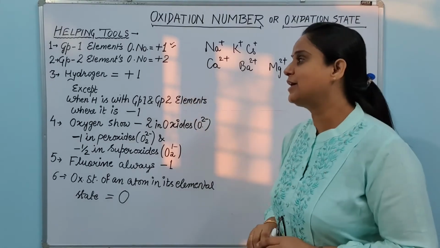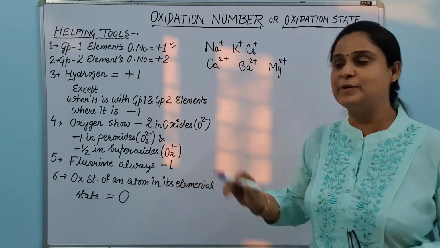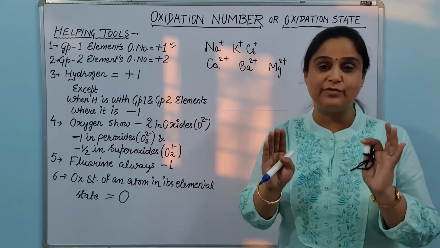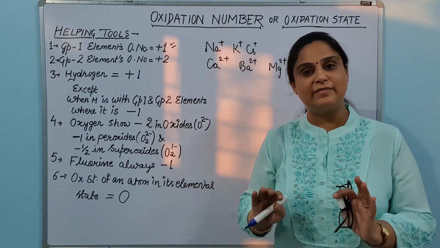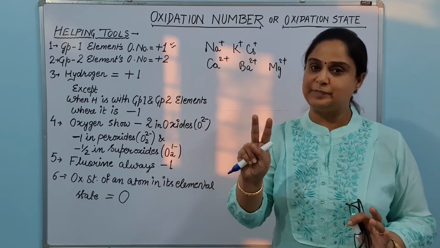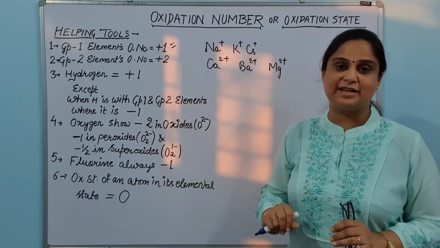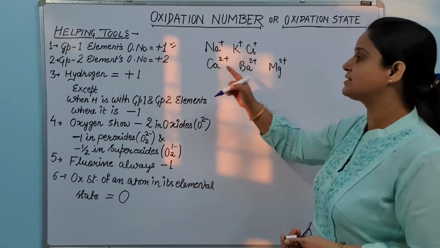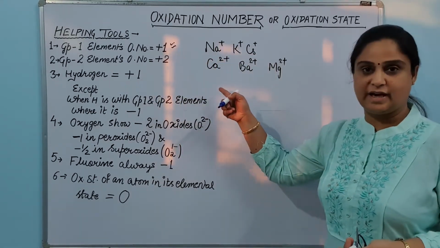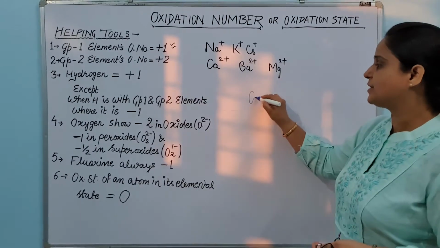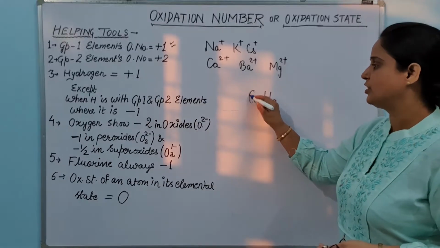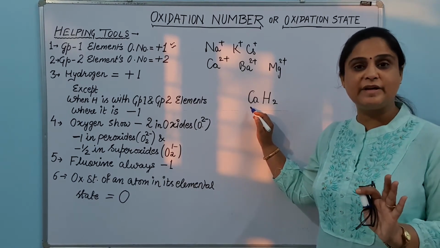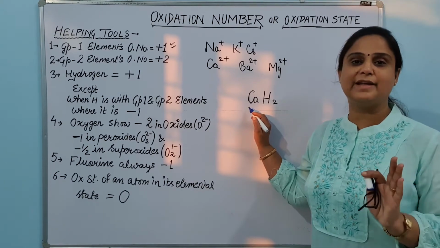Okay, next move to the hydrogen. I have already explained this, but I can explain once more. There are two conditions for hydrogen, so watch carefully, whatever the compound is. If your compound has a first group or second group element, because they do not change their state, hydrogen being small has to compromise in its oxidation state. So what will happen when these first and second group elements are with hydrogen? Just observe, if I write CaH2, look at the hydrogen and look at the other element with which it is attached. If it is a +1 or +2 element, then definitely the hydrogen will gain the electron.